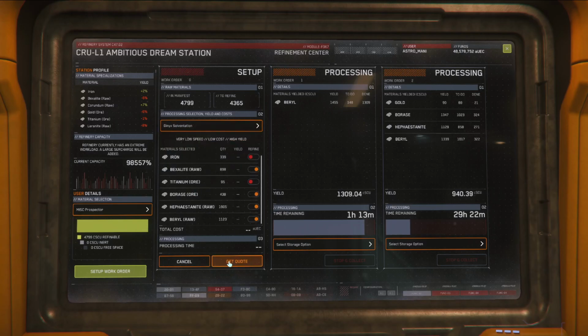So let's get a quote using the Dinks. It's going to take 39 hours and it's going to cost 7,665 AUEC. So that's a long time. I don't think I want to do that. Let's try the Ferron exchange. Okay? And that is going to be 13 hours and it's going to cost 15,000 AUEC. So I think we're going to go ahead and do this one, because